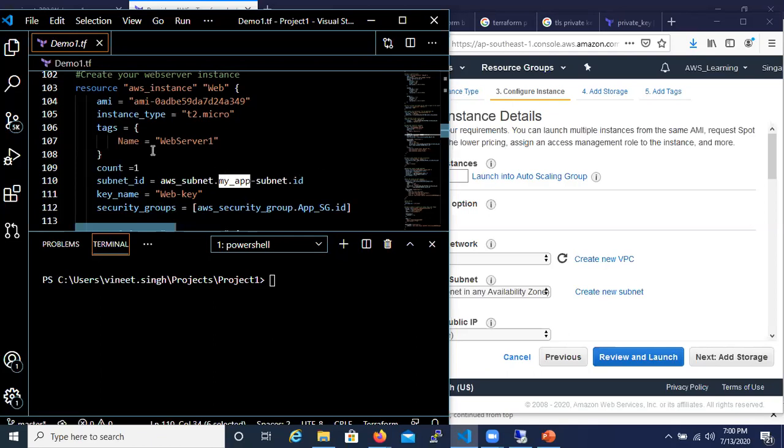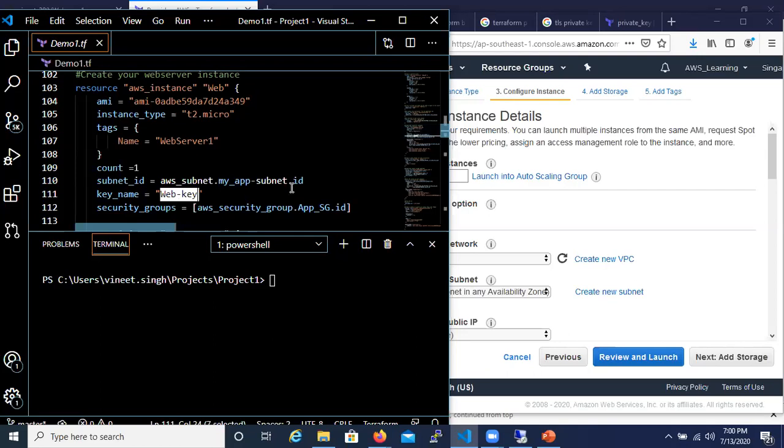And always remember, if you plan to log into the instance, you must attach a key. So here I'm going to attach the key which I created in my previous step. The key name is the same name which I have defined in my previous step.